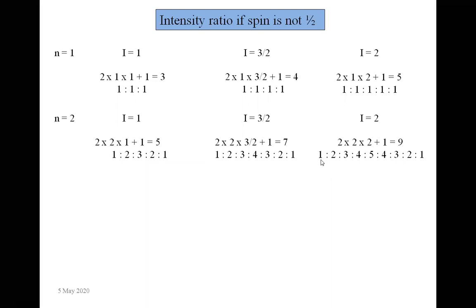First to last में आप total 9 लिखना है आपको. First and last में 1 1, then again 2 2, then 3 3 4 4 5. So this is the thing how to write the intensity ratio in case of n is equal to 2.